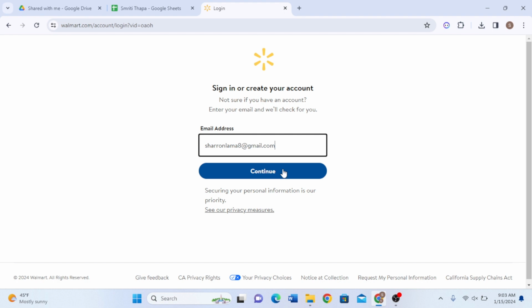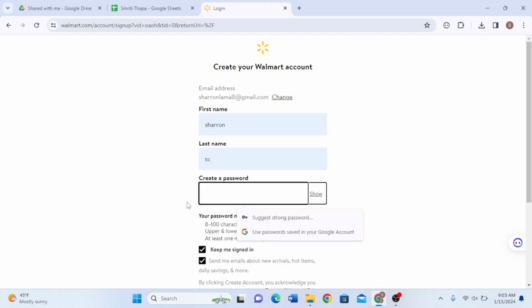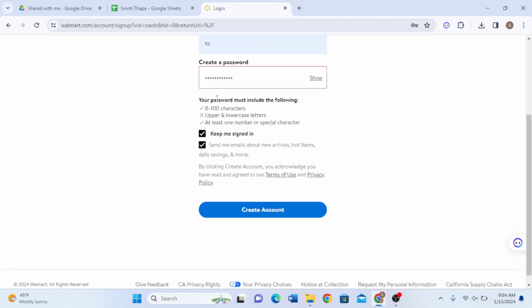So see that you have to create your Walmart account. So first you have to type your first name, your last name, and you have to create a password. So make your password as strong as possible to secure it. And after you've done that, you simply have to click on the create account, and that is how you can